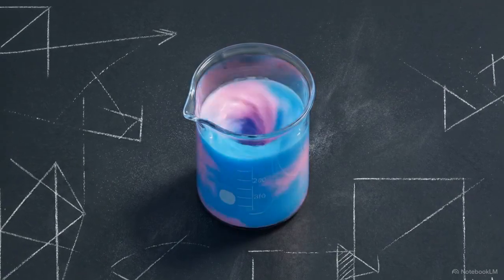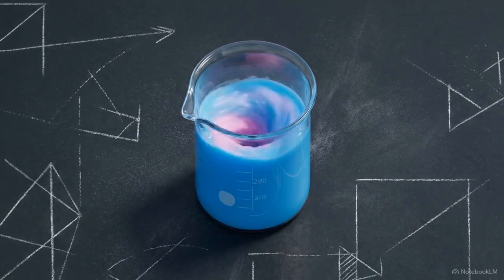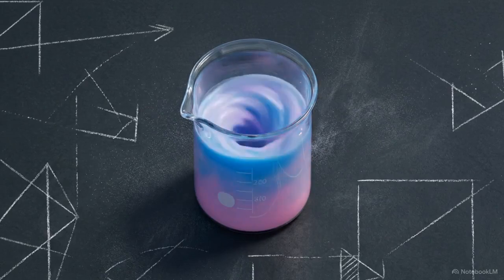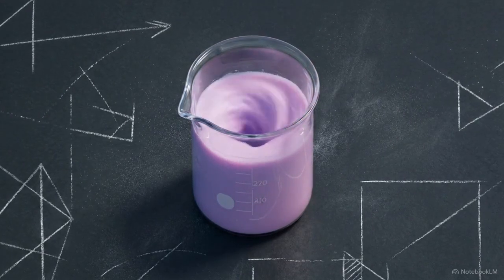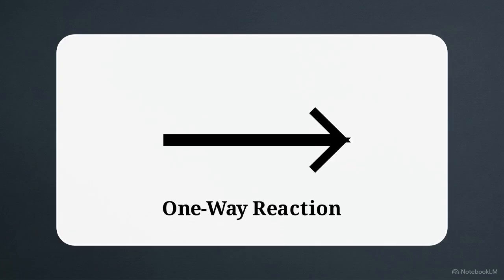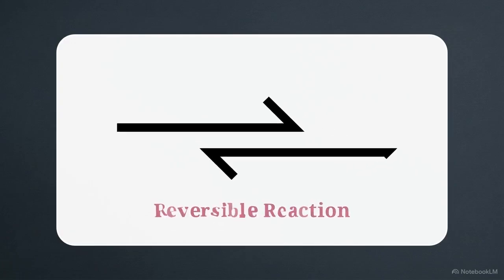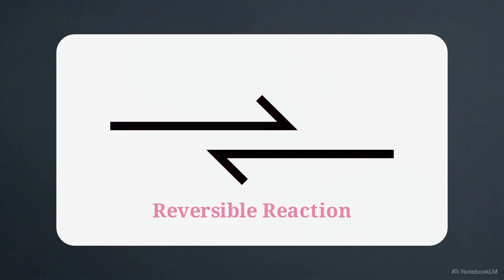Most chemical reactions are permanent. You mix reactants, form a product, and it stops. But certain chemical systems don't stop. They can seamlessly run backward. We denote these systems using the reversible reaction symbol, two half arrows pointing in opposite directions, rather than the standard